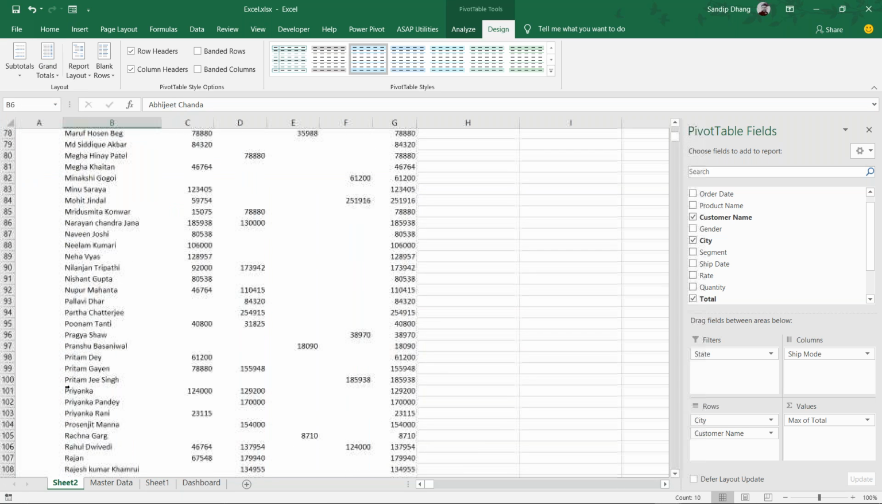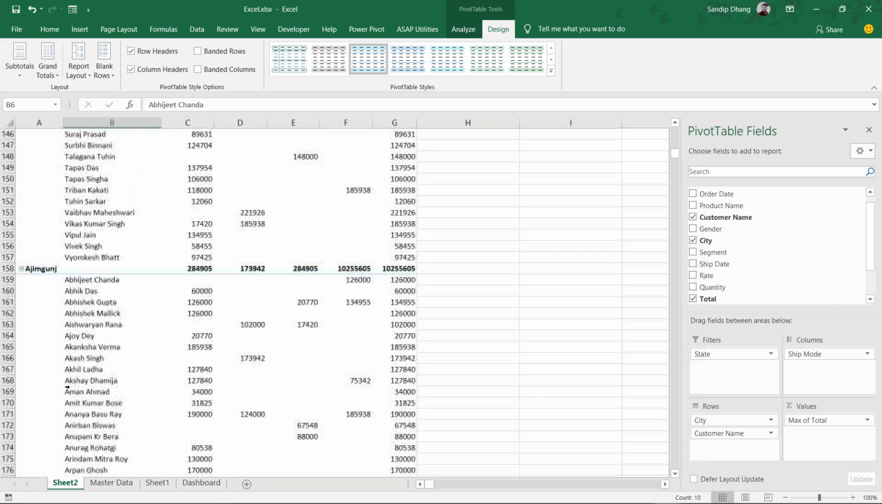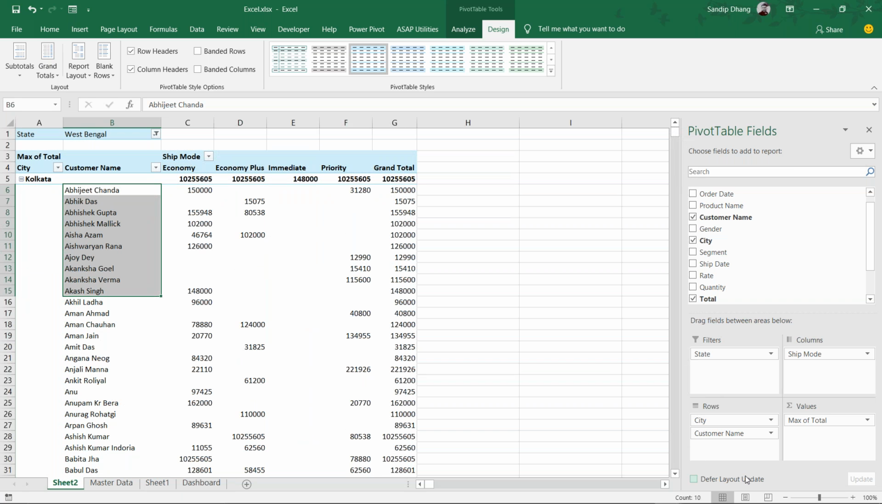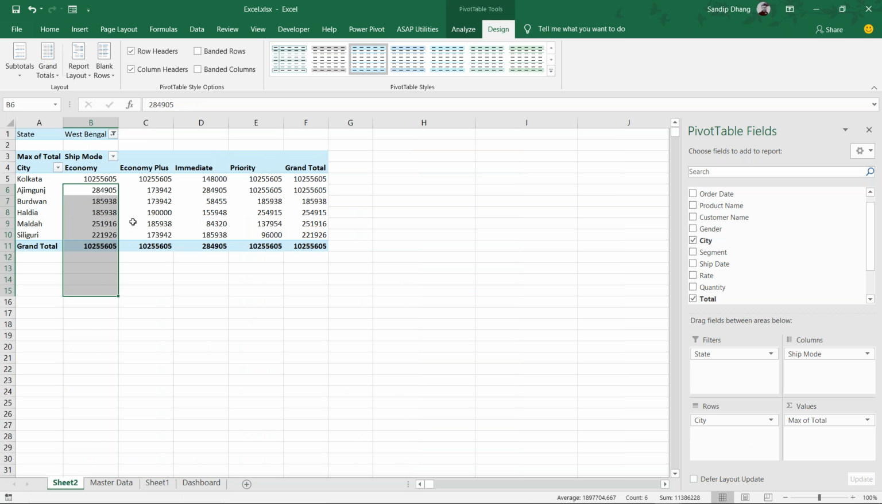Again, if I drag it down to this area, these are the customer names for Azimganj, right? So these are all the data I have. By this functionality, the pivot table is more powerful because it automatically updates your report layout as per your requirement. And one more thing, the big limitation of the pivot table is